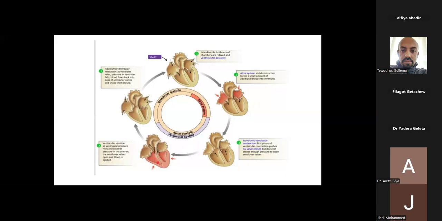Then after the ventricle has ejected its content, what will happen? The ventricle starts to relax. That's called isovolumic relaxation. After the slow ejection phase, the pressure in the great arteries will be larger than the ventricular pressure. The great arteries, which distended earlier to accommodate the volume, start to recoil, and pressure builds up. This is responsible for closure of the semilunar valves: the pulmonary valve on the right side and the aortic valve on the left side.